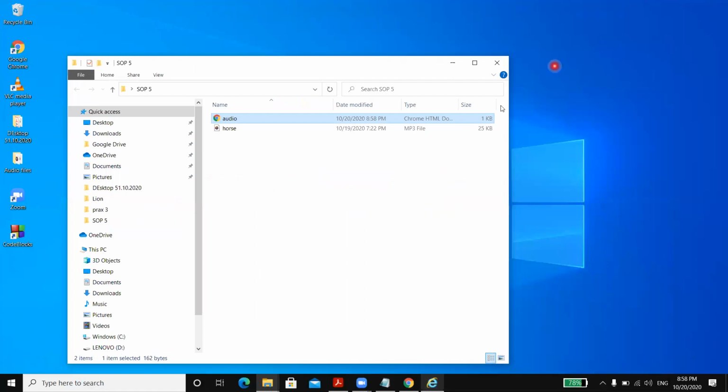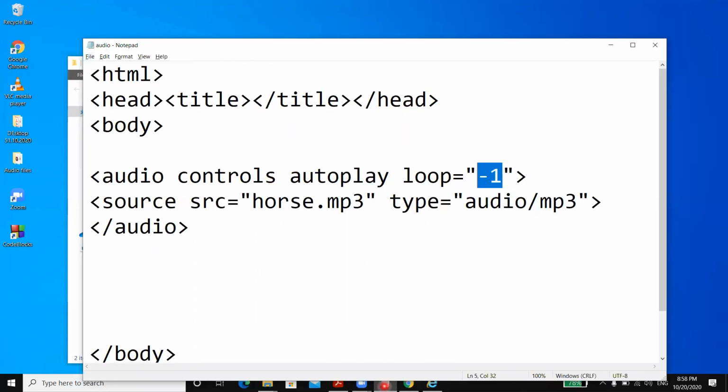So you can check the file is being played a number of times. Either I stop this video manually, or when I close the browser, only then will the file stop being played. So the first part is done, and it's very simple code. You can check, there is only one tab, opening and closing of the audio.